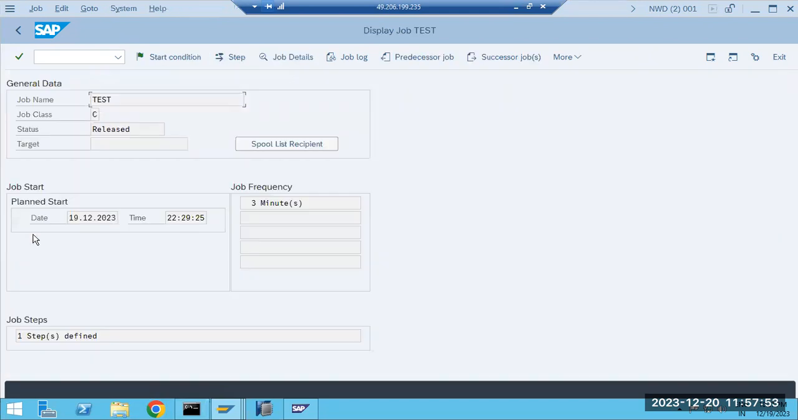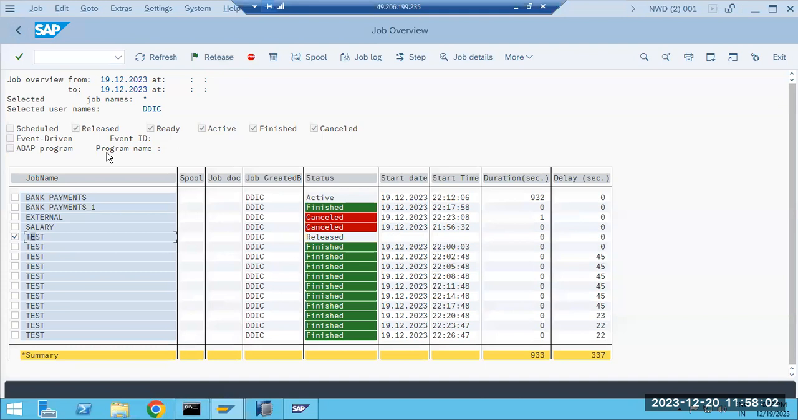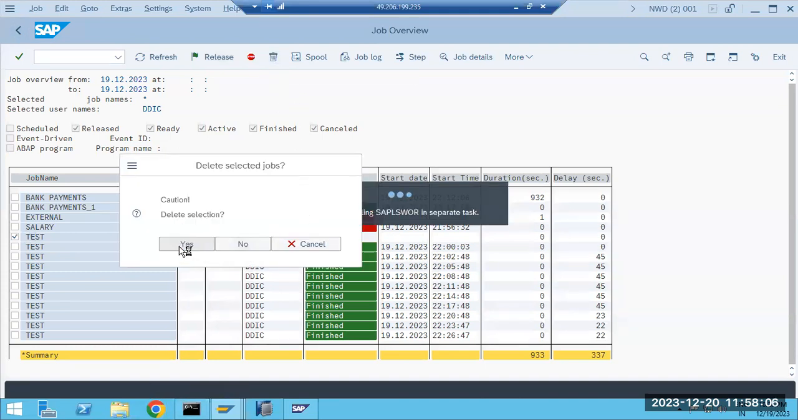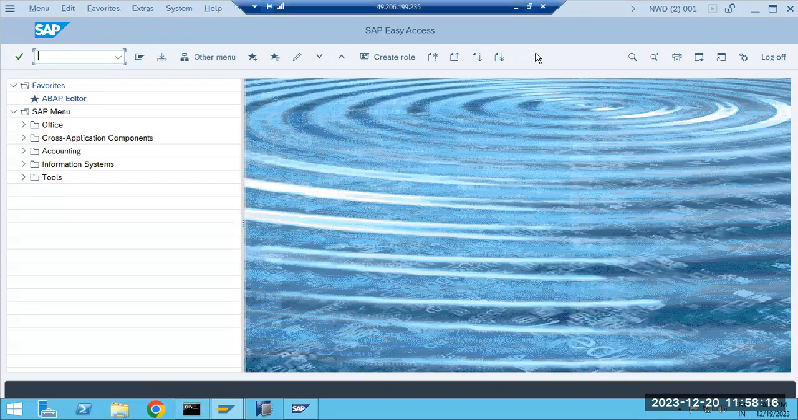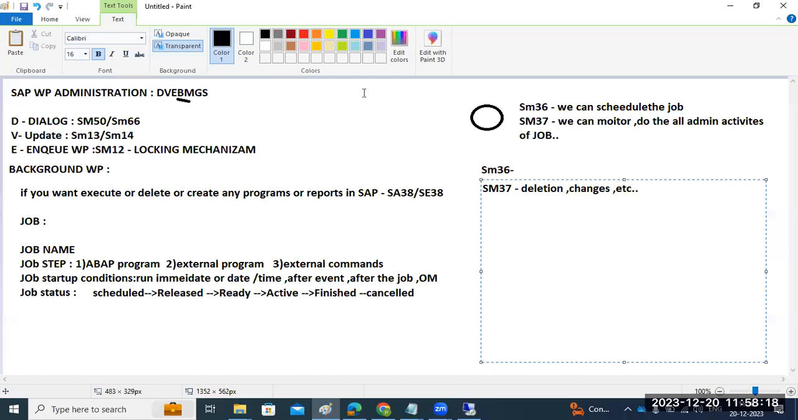Suppose I want to delete this job here, this released job, which is executed every 3 minutes. If I delete the job here, then the job won't execute. Job will not execute now. I deleted the job, which means it won't execute here. Okay, so that is the one. So now our assignment for today is I will